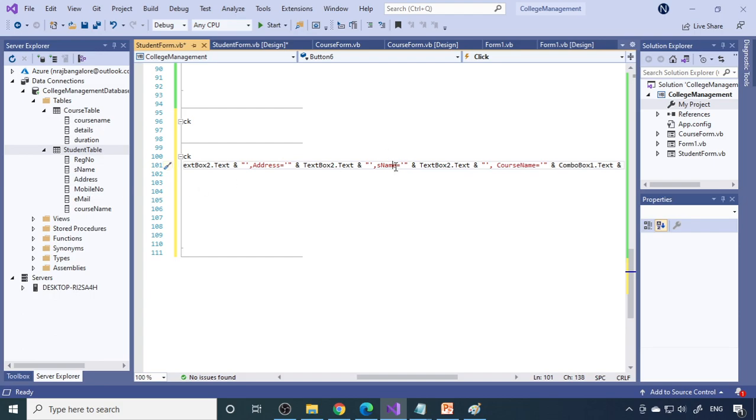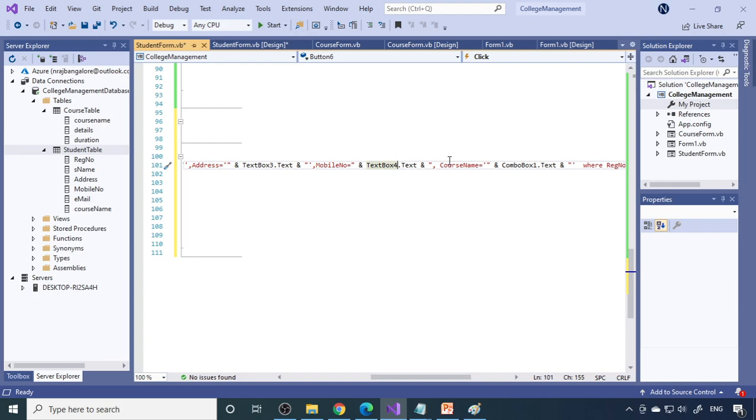Next one is the mobile number, so here is the mobile number, and for mobile number no need of quotes, so you have to remove that quote. And this becomes text box 3, this is 4. Okay, next one more, you record email, so you need to copy and then paste.